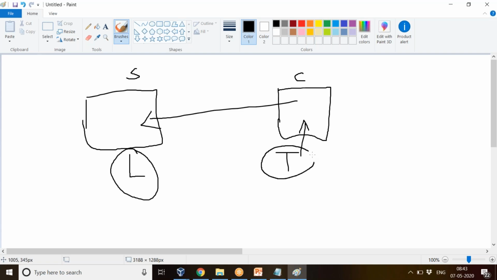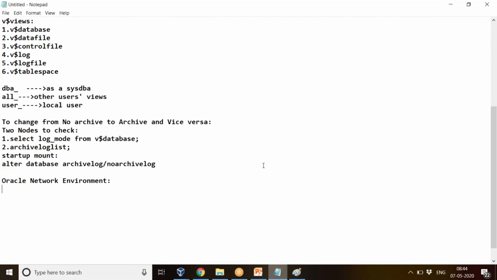So now which will be the location of these two files? One is listener.ora, next one is tnsnames.ora. Okay, so this listener.ora is at the server side and your tnsnames.ora is at the client side.